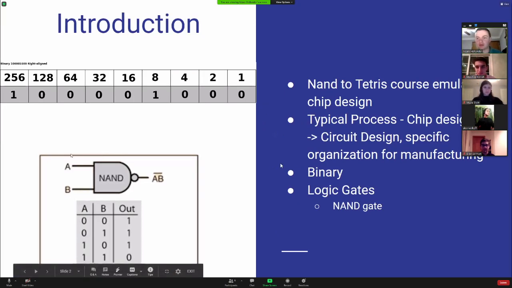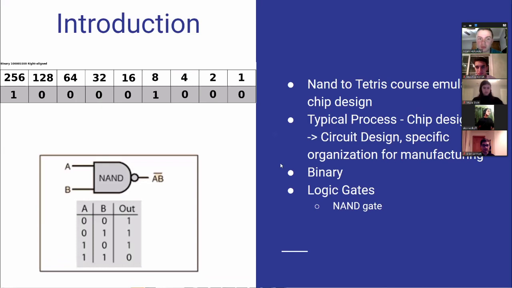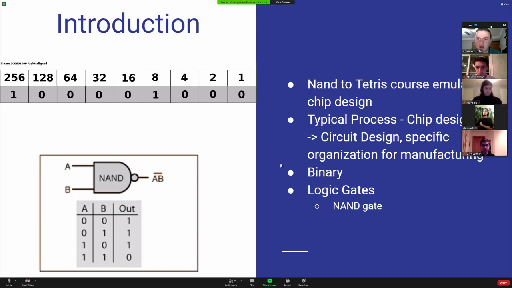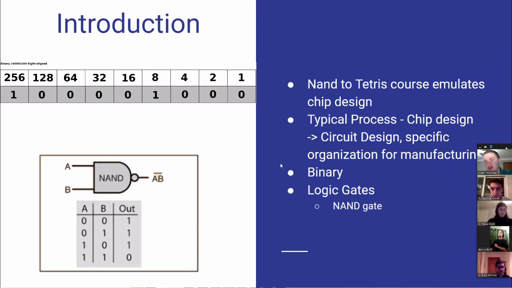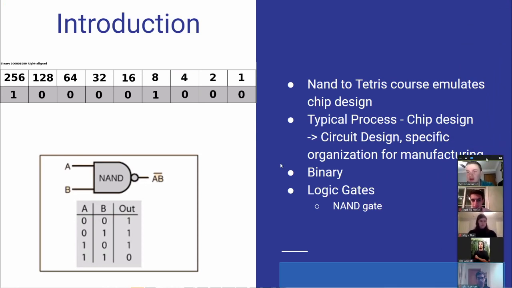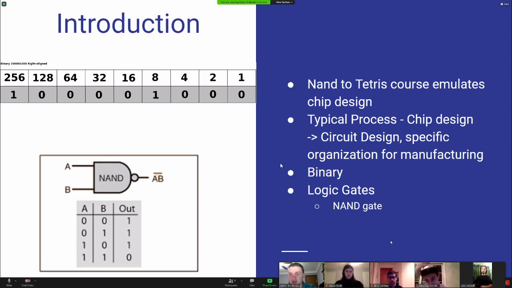Just to go over a few prerequisites before we go into the course. First of all, the course is designed as an introduction to chip design, which is kind of the job of electrical engineers. It's not necessarily organizing the physical locations of the different gates within a chip. It's designing the circuitry and preparing to move on to the next phase, which is getting